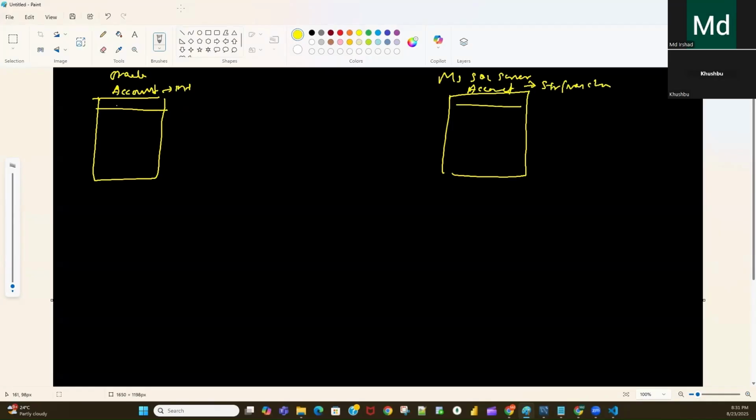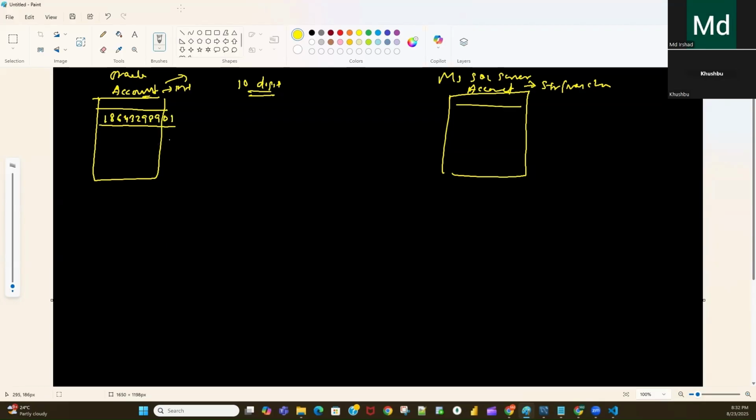So what will happen here: as per our business, the account should be 10 digits. It should not be 11, or 9, or 8, any number, only 10 digits. So here we are using account in integer format, so it will store the data something like this: 1864329810, something like this, 10 digits.